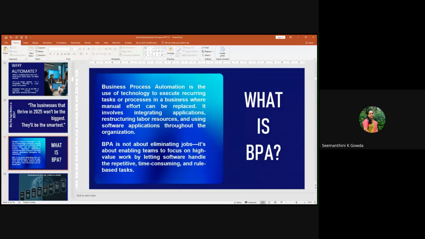When we started talking with respect to business process automation, right, what are we going to do? We are using the technology which is reducing the recurrent tasks, either in any of the applications or in a corporate or in a business, where we can reduce the human effort, right, and speed up, scale up, and improve the execution of the respective application, right? I'm not going to say it's going to eliminate the jobs or snatch the jobs of the humans. No, it is improving the productivity,